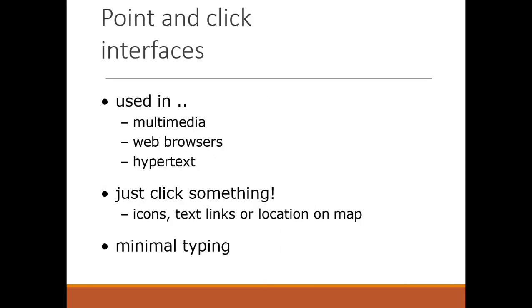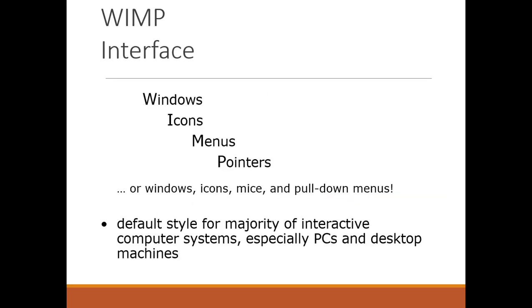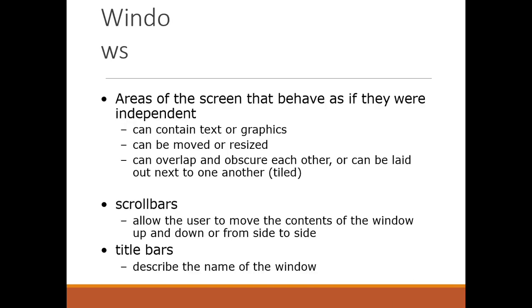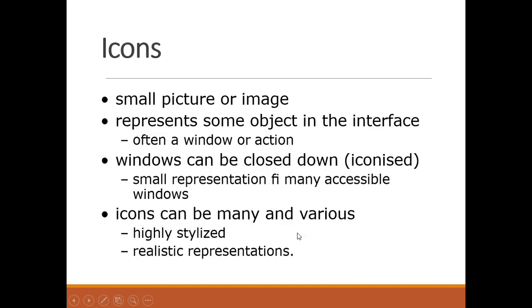Today we are going to discuss icons and menus basically. Fine. These are the WIMP interface. WIMP stands for windows, icons, menus, and pointers. Windows I will discuss: scroll window is there, toolbar is there. You can resize the window, you can close the window according to your flexibility and convenience. It's a screen that behaves as if there were independent scroll bars, toolbars, and so on.